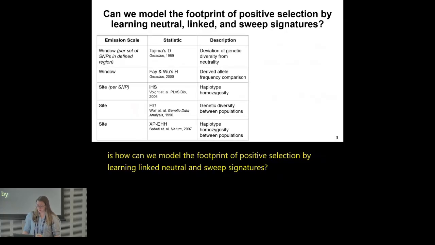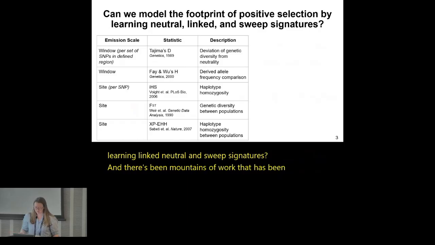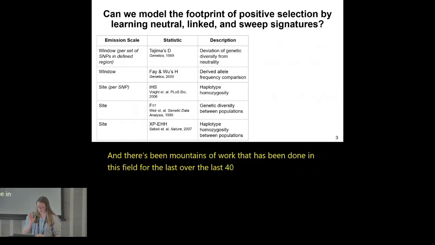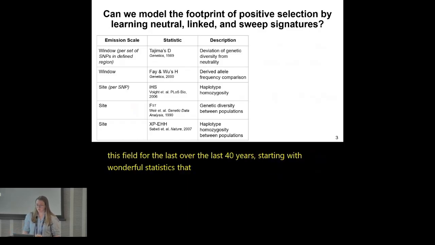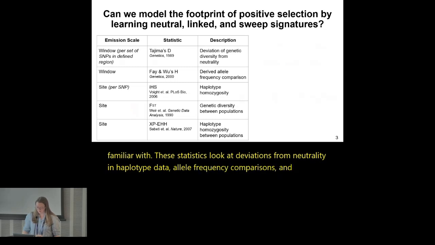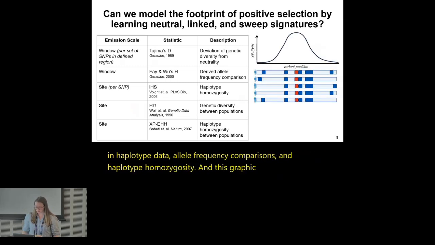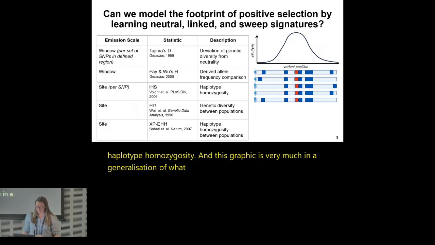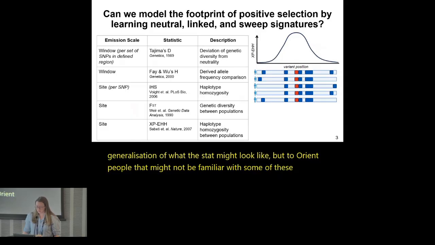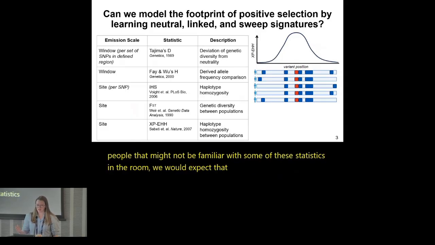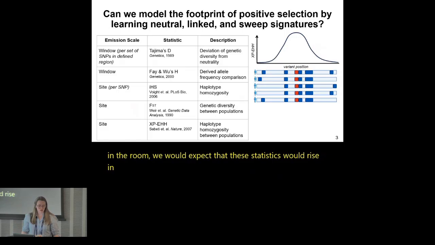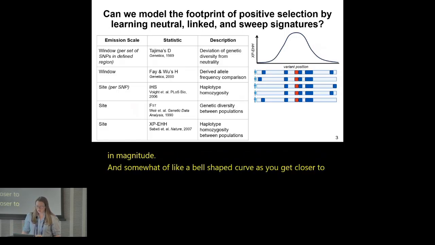And there's been mountains of work that has been done in this field over the last 40 years, starting with wonderful statistics that many of us in this room are probably familiar with. These statistics look at deviations from neutrality in haplotype data, allele frequency comparisons, and haplotype homozygosity. And this graphic is very much a generalization of what the stat might look like, but to orient people that might not be familiar with some of these statistics in the room, we would expect that these statistics would rise in magnitude in somewhat of a bell-shaped curve as you get closer to your selected allele position in your